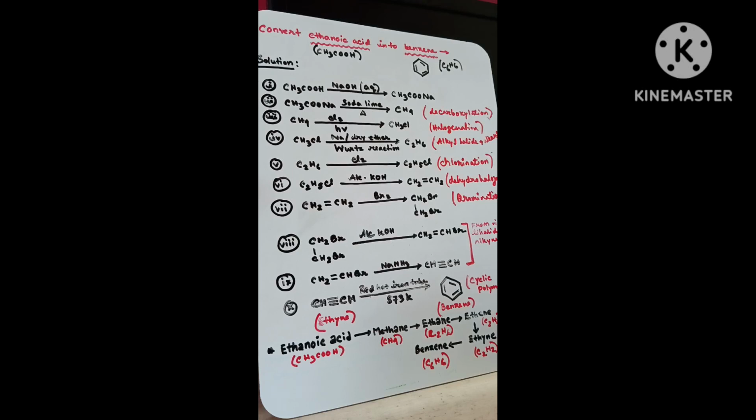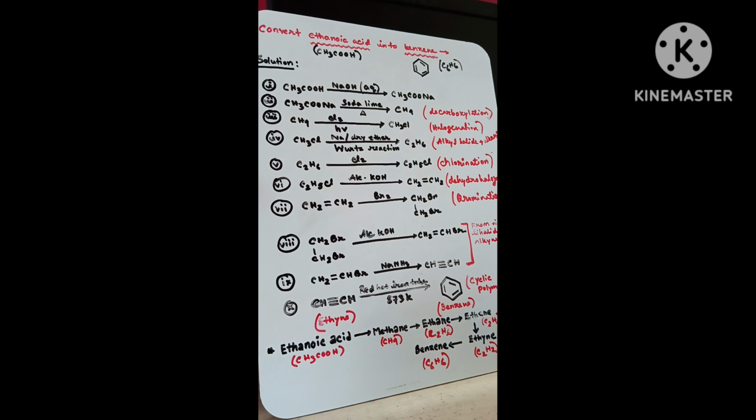Conversion of ethanoic acid into benzene. Okay, so basically we cannot get benzene from ethanoic acid directly. So there are several steps in this process. The first step is ethanoic acid is reacted with sodium hydroxide, NaOH, which is aqueous sodium hydroxide, and produces